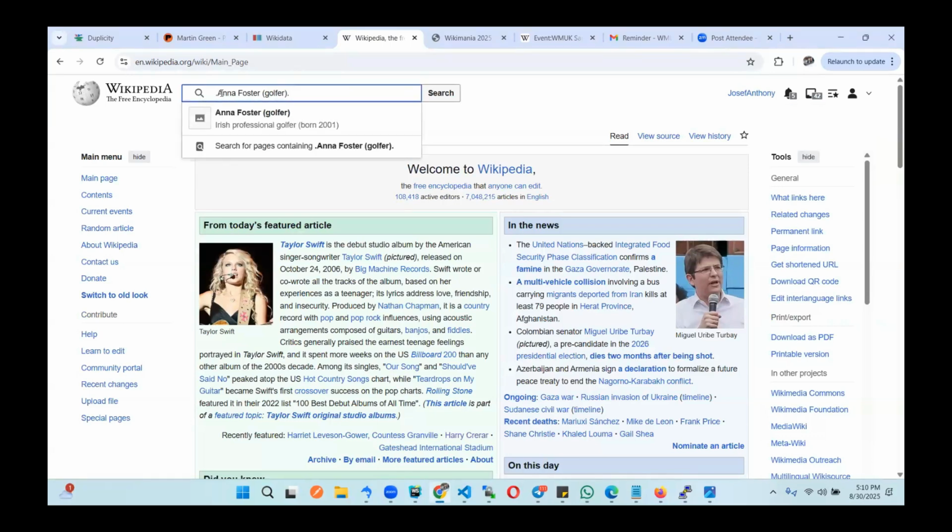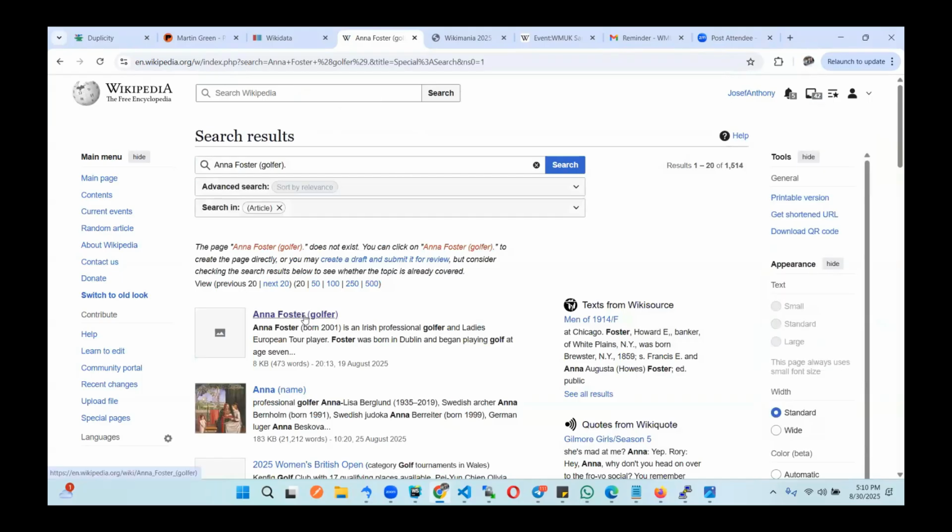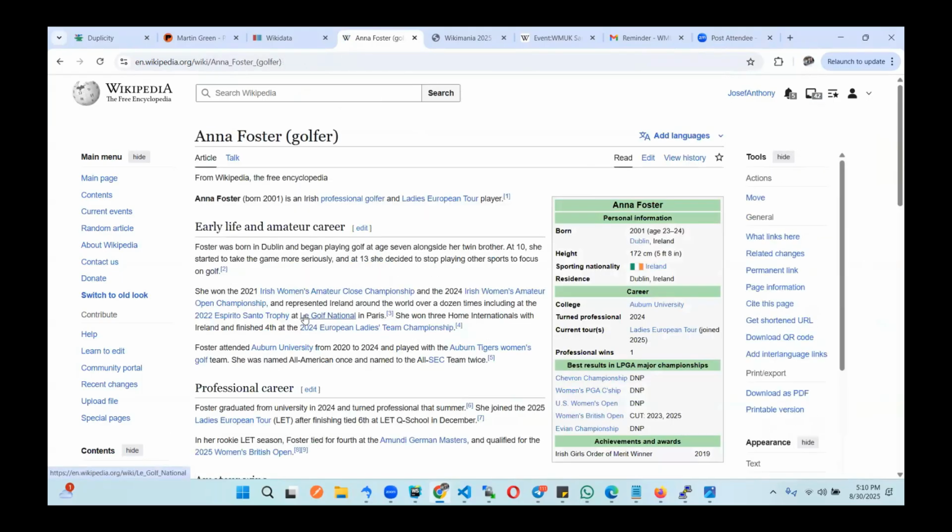Today we'll be doing more of a demonstration, because this is a practical session and it promises to be interesting. When you search for this article on Wikipedia, we see this very article. So when you visit Wikidata, still searching the same article,